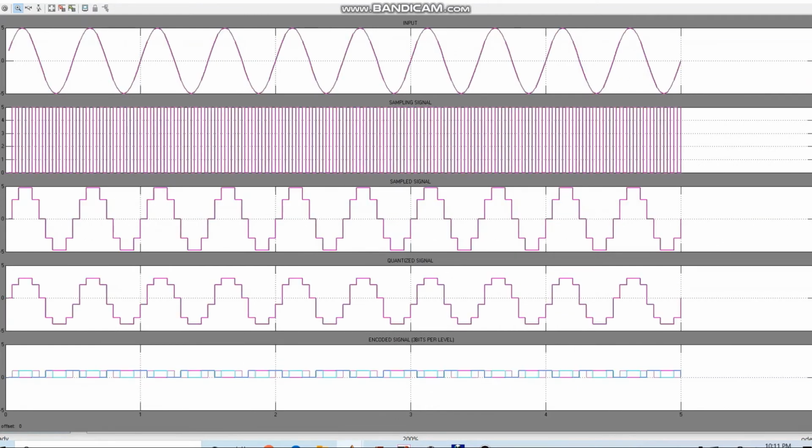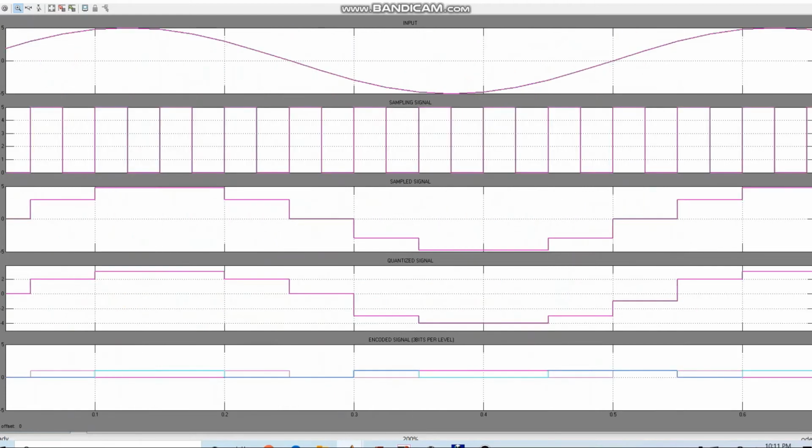The voltage levels are not perfect integer values. And here is the quantized signal. This is the sampled signal and this is the quantized signal, where you have a fixed integer value with